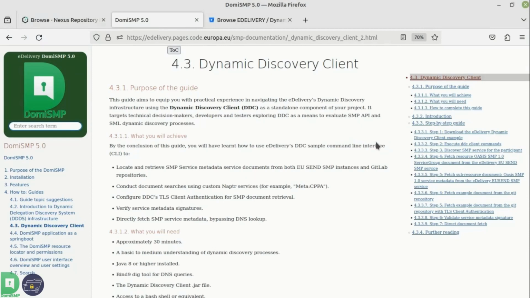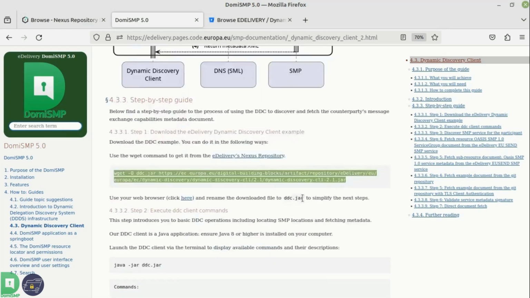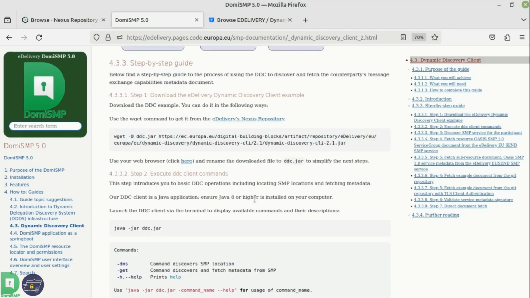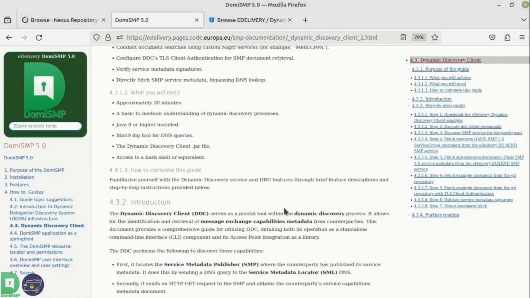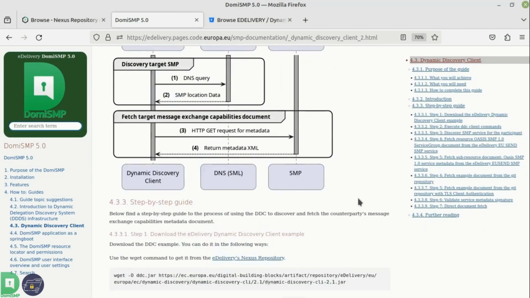But before we start, I would like to note that this video is based on the scripts, so-called how-to guides, which we made for you. And all the commands I'm going to use during this presentation are listed here. So if you do not catch all the commands or links, don't worry, just go back to this page and you will find everything you need to repeat the exercises I will do today.